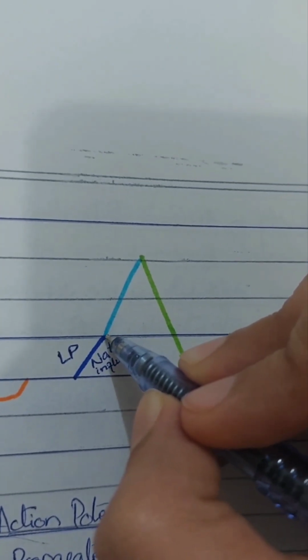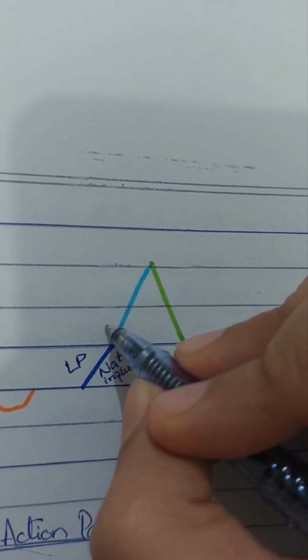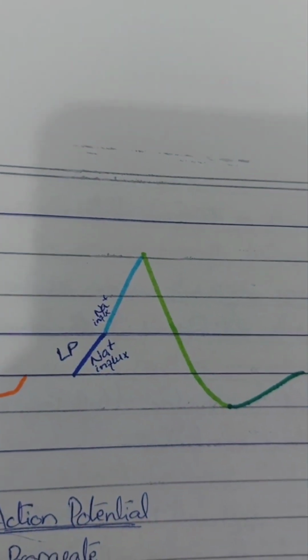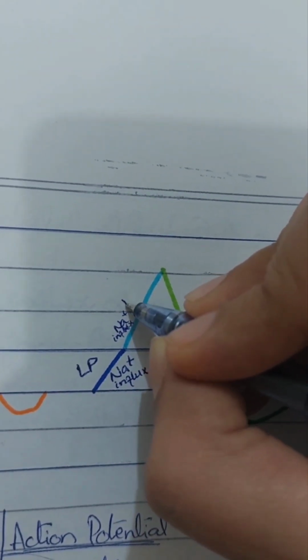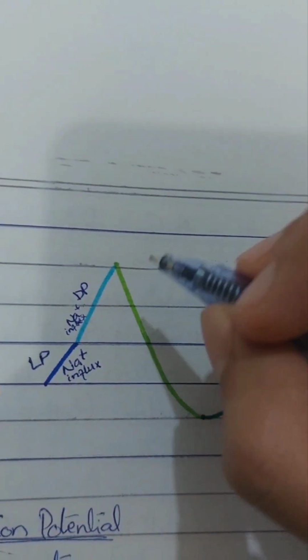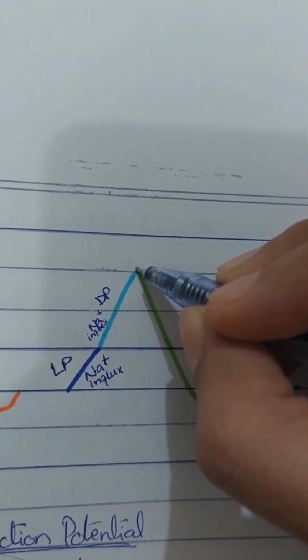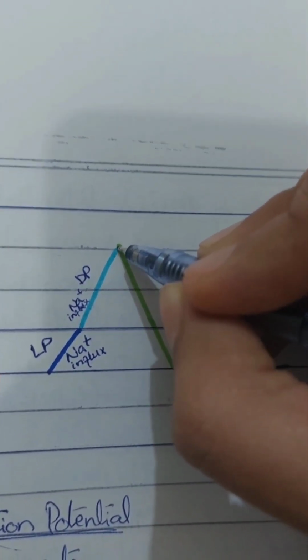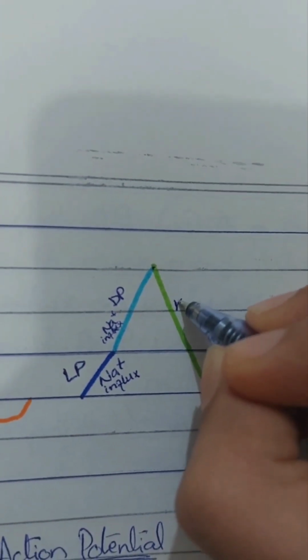And then the voltage gated sodium channels start and cause the sodium influx, which results in depolarization. And then it reaches a certain point and the voltage gated sodium channels close and potassium